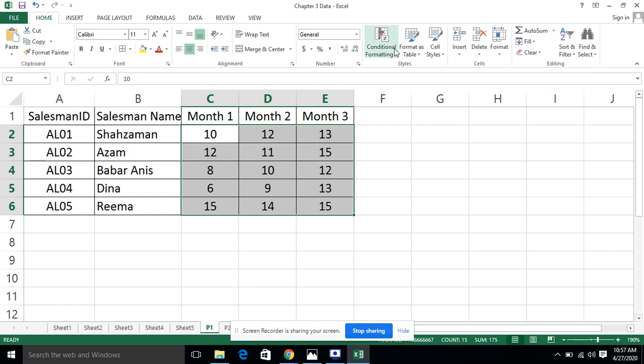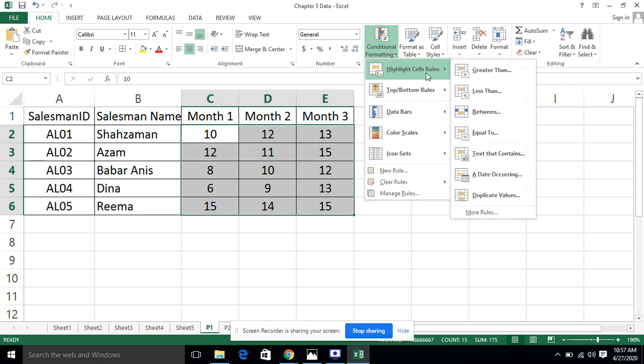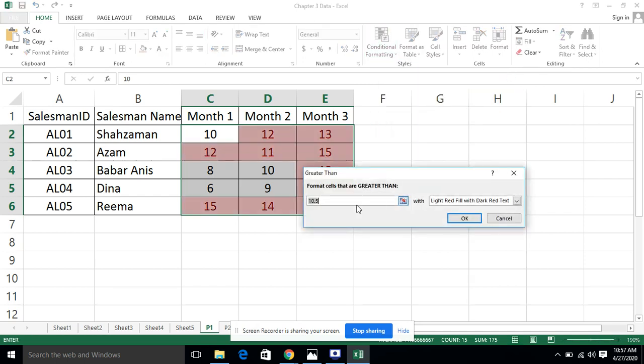Which option? Remember, conditional formatting. Yes, in conditional formatting, highlight cells rules, greater than. We have to highlight the cells greater than 10, where the cell value is greater than 10.